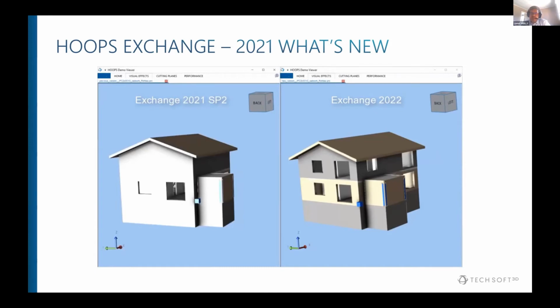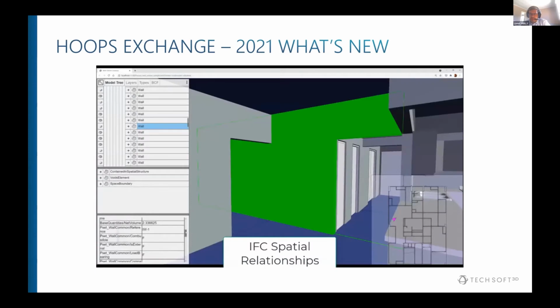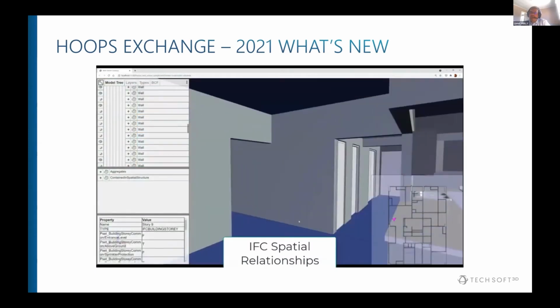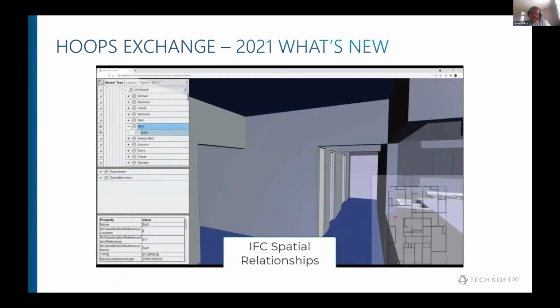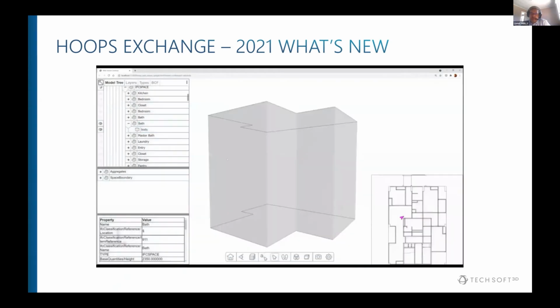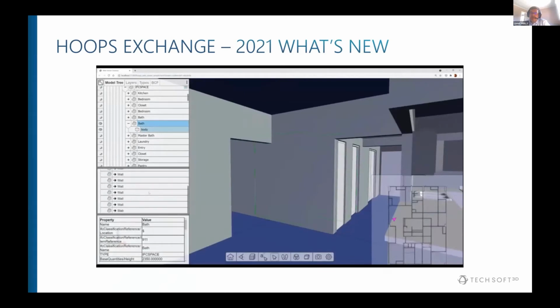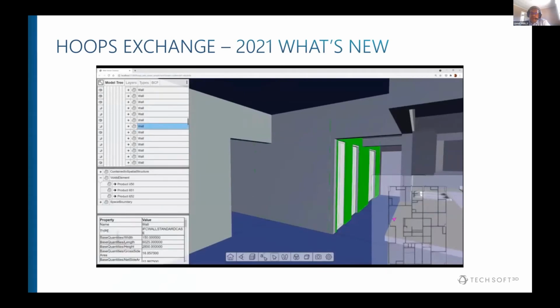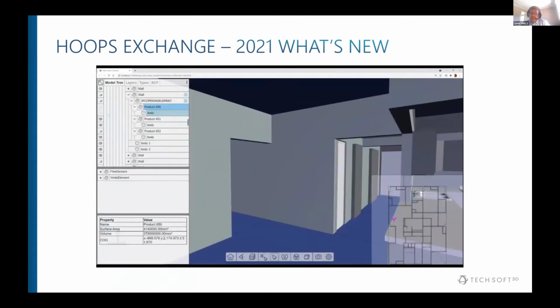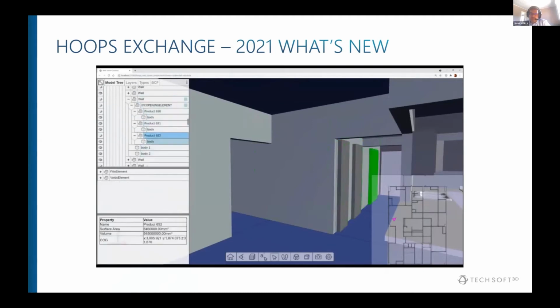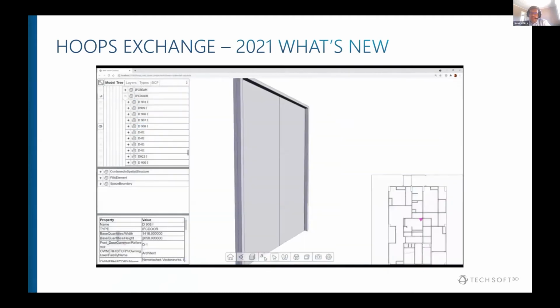So on the next slide, you will see relationships. So the job started in Exchange, of course, to access them. The goal is to enable more complex workflows, in fact, like quantity takeoff, where it's important to be able to navigate in the model and to understand how different objects, spaces, rooms connect together. So we have improved the extraction and management of these relationships.